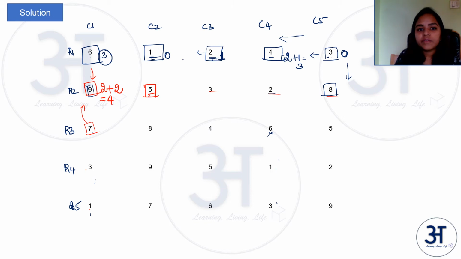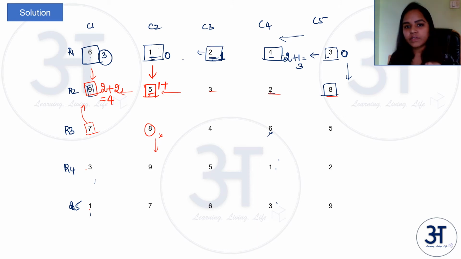Let us look at 5, row 2 column 2. 1 can reach 5. Then there is an 8, so no one here will be able to reach 5 in this column. Then let us look at this row. 9 cannot reach. 3 can reach 5. 2 cannot reach 5 because although 2 is less than 5, we have a 3 which is greater than 2. So 2 cannot reach and 8 cannot reach, because 8 is greater than 5. So 1 plus 1, only 2 possibilities to reach 5.